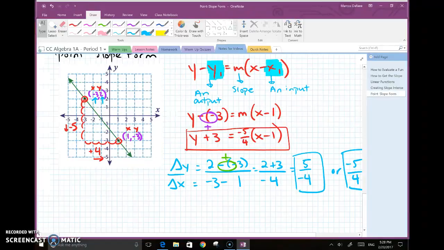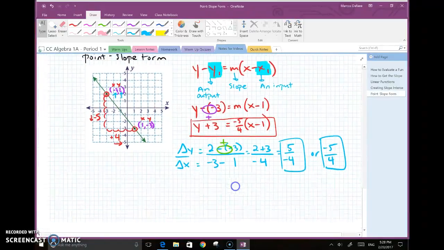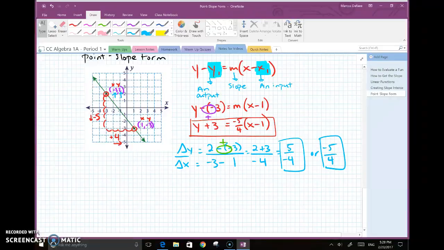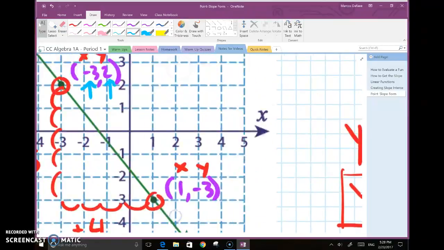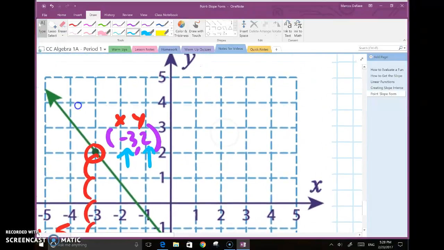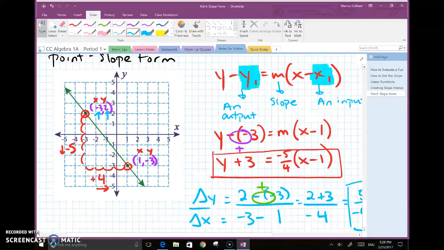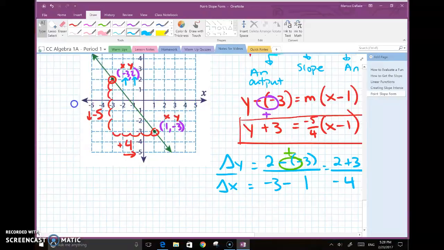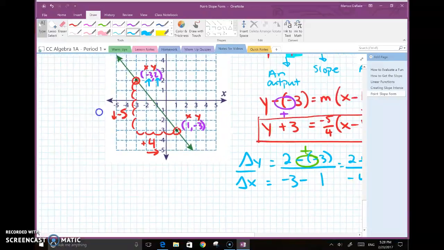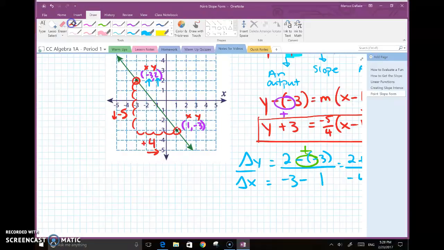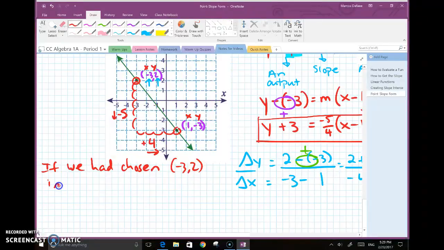I do want to end it with saying that this function would look different had we not chosen the 1, -3. So what I mean by that is if we had chosen the -3 and 2 instead, then my function would look different, but it would mean the same thing. So let me go ahead and finish this off with that alternative ending here. So if we had chosen -3, 2 instead,